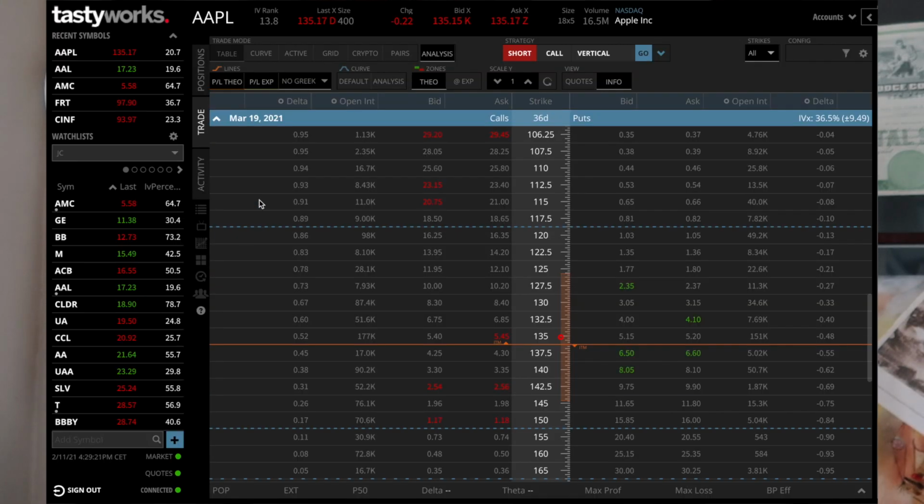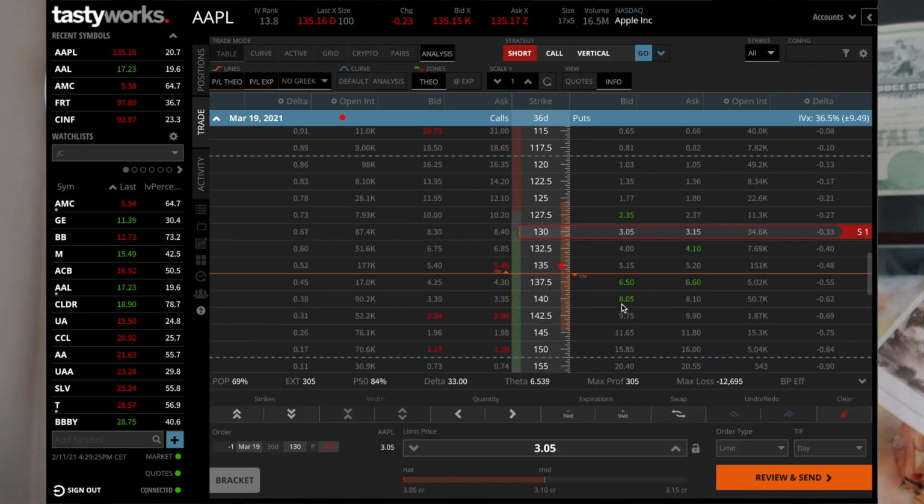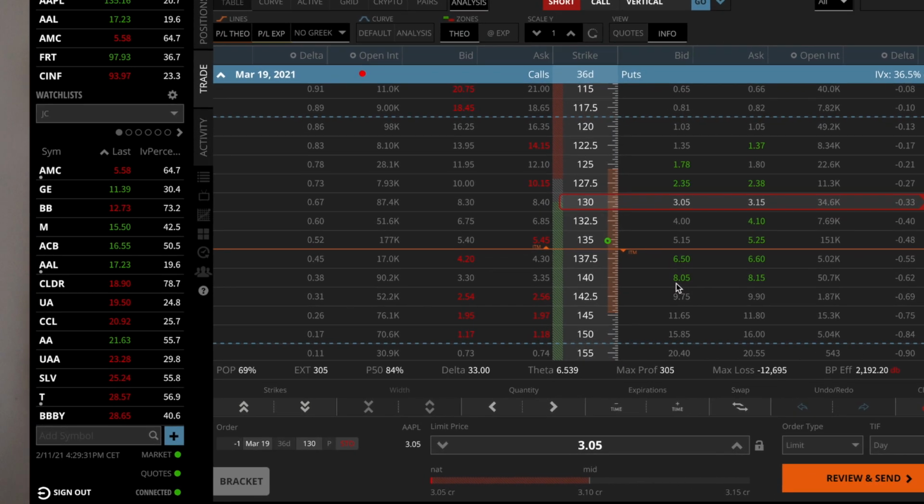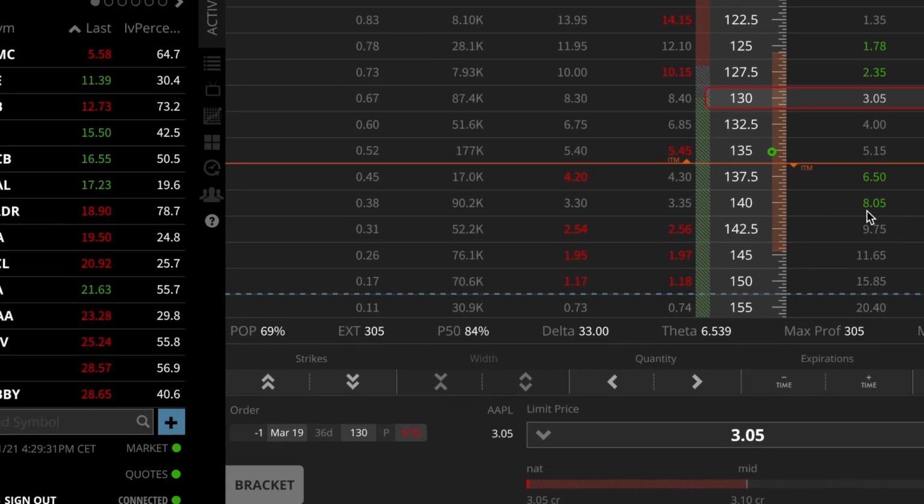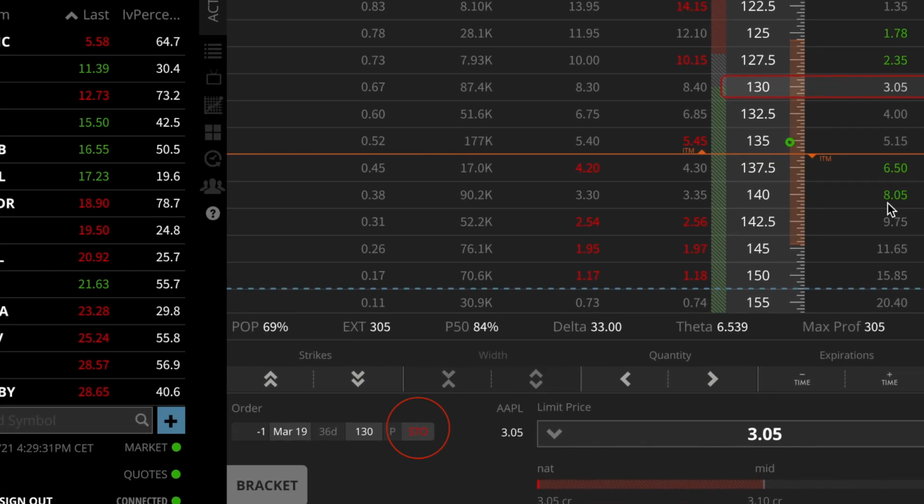So let's imagine we take back our Apple example. But you decide, instead of buying a call, you decide to sell a put. So in the end, you're also bullish, but that's also another way of trading options. You sell a put option so as to express your bullish view. And as you're selling an option so as to actually open your position, we said that you're selling to open your position. Hence why sell to open.